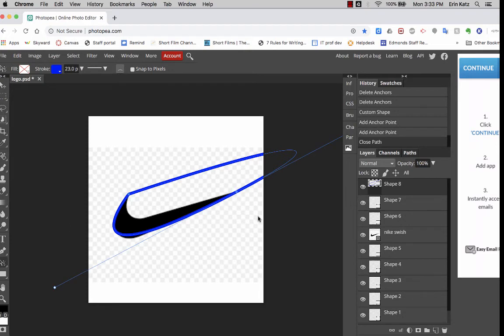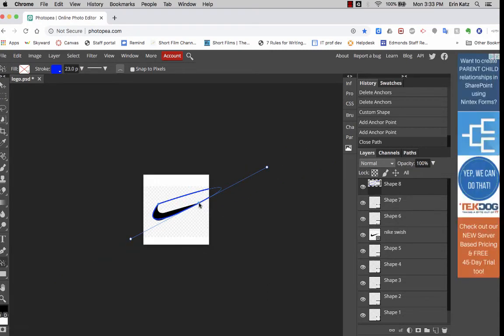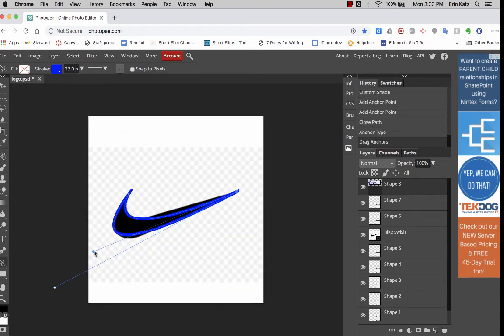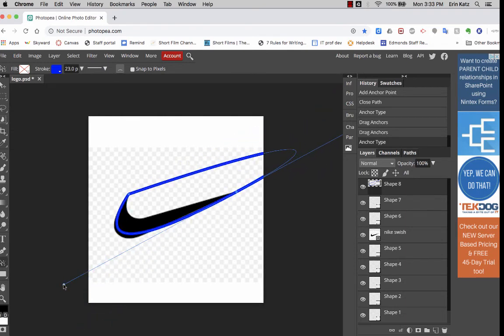In order to be able to mess with each of the sides separately, I'm going to double click it. That sort of lets me move them separately. And I'm going to drag this guy around, and I will have the Nike swish. I could kind of mess with it. Again, if I were to double click it again, it's going to go back to where it was, and then those sides will be linked. So you'll see by default they're linked, but to mess with one separate from the other, double click the anchor point,